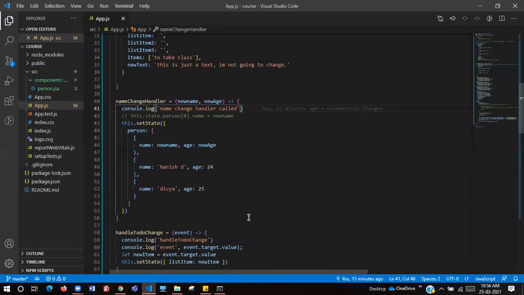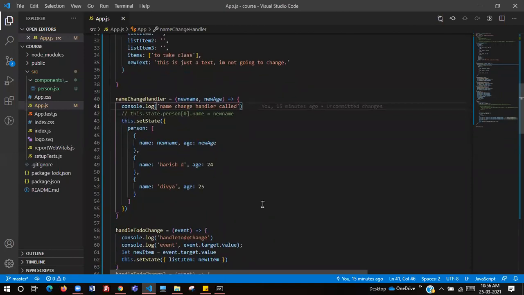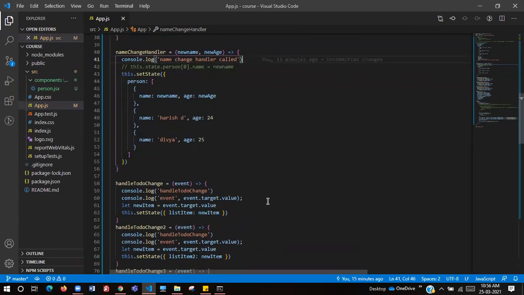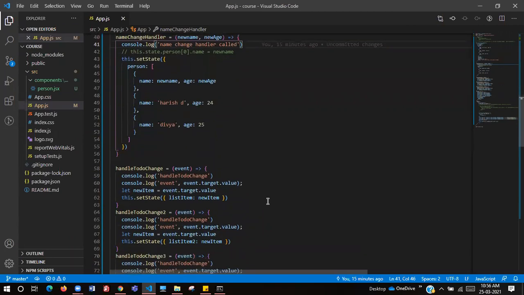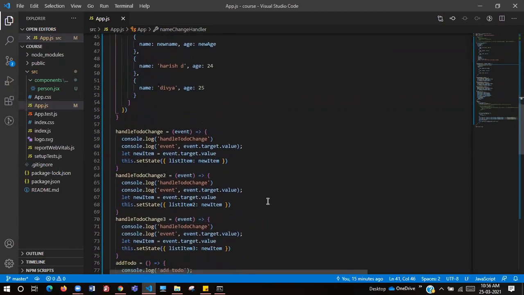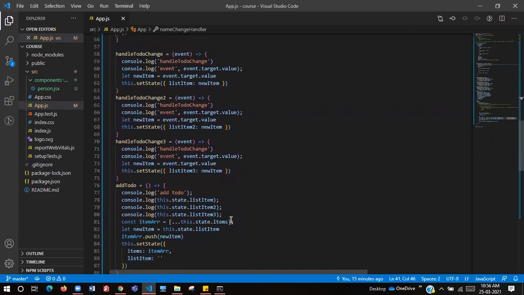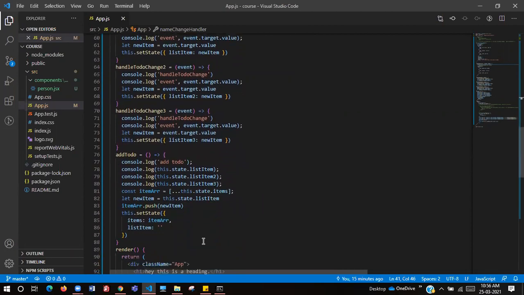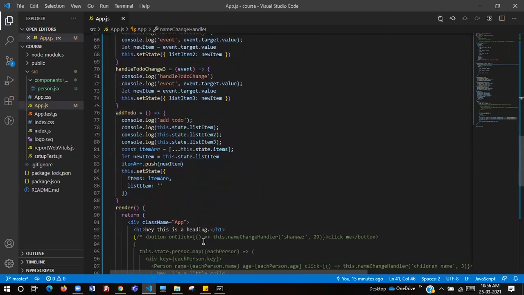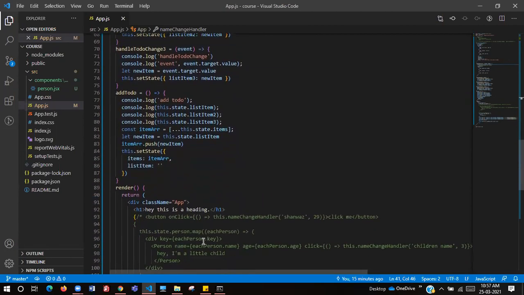Let us know which part you are not able to understand. That way I'll explain it again. If it is a spread operator, or if it is the pushing, or if it is the setting state, or it is the event handling, or passing the event.